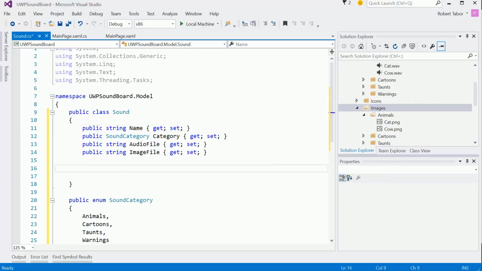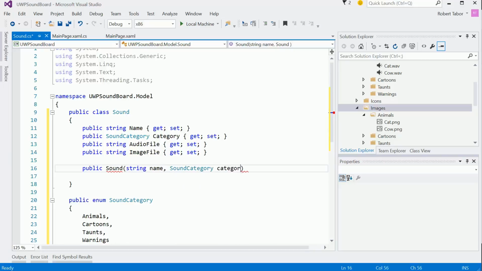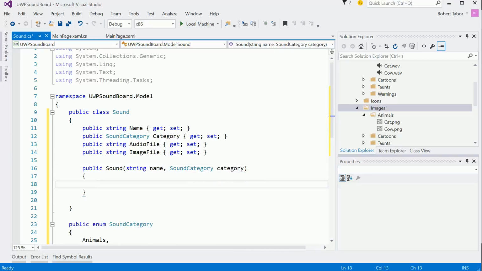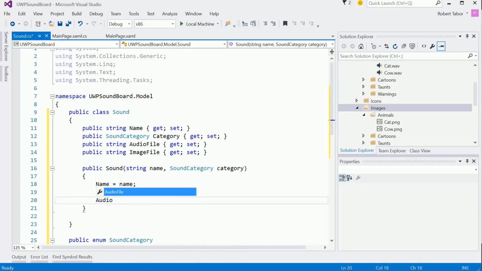So I can make it easy on myself whenever I create new instances of these little guys by creating an overloaded constructor. So public Sound, and we'll take a name and a category, SoundCategory. And then we can do something like this. Name equals name. Category equals category, and then the audio file will equal